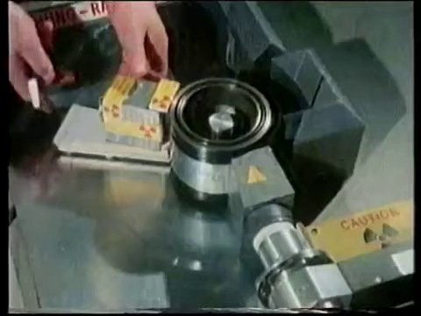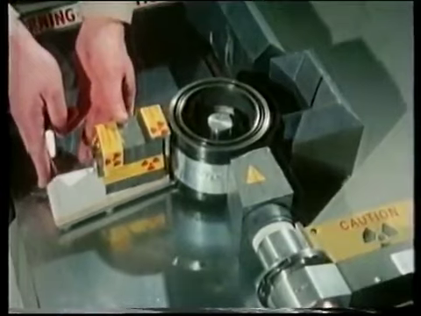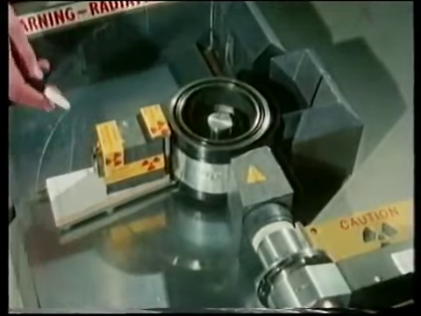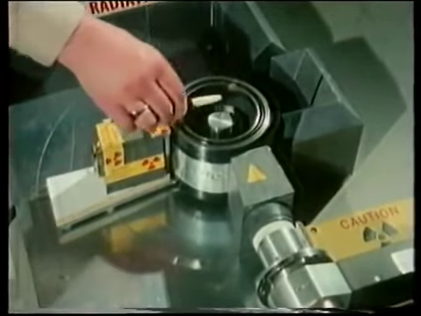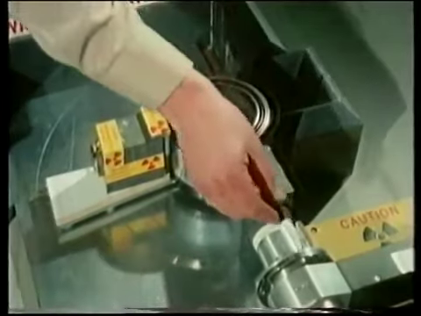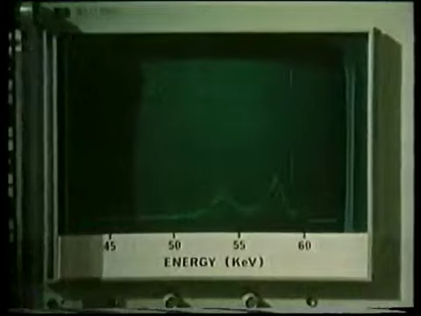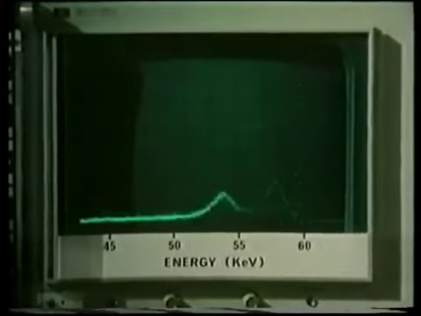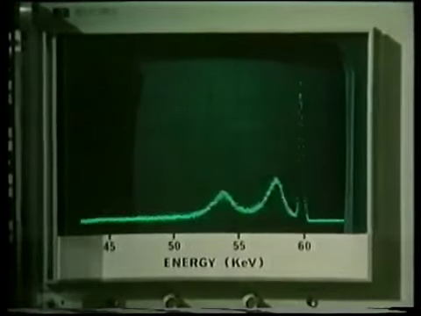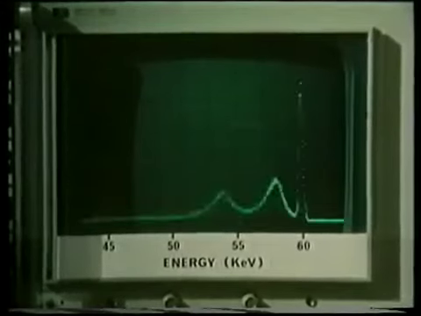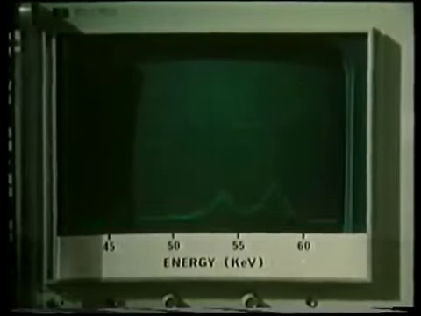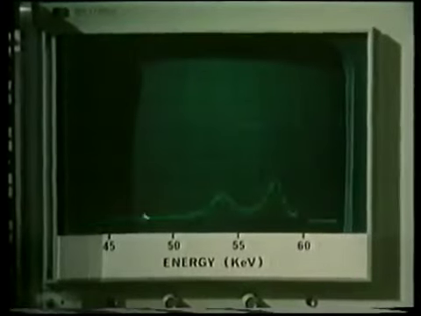But in order to really clinch it, we have to try out different angles. So let me just swing it round like this. And from here, the gamma rays have to scatter through 90 degrees to get into the detector. So let's see what the screen says now. Well, we now have our new peak, and you'll see that it's at a still lower energy, corresponding to the larger angle. And that, of course, is exactly what we wanted from the ball bearings, a lower energy corresponding to